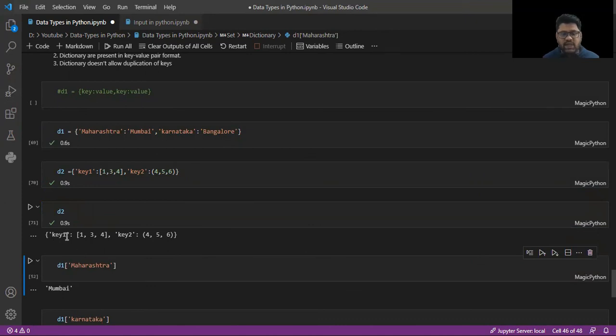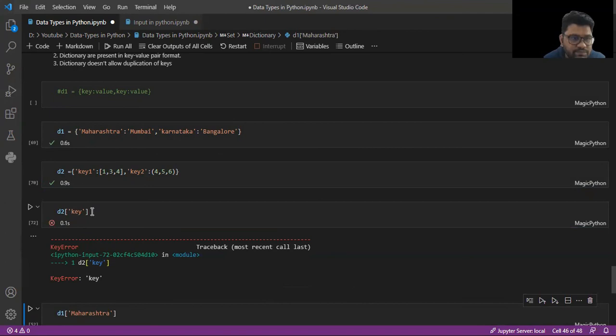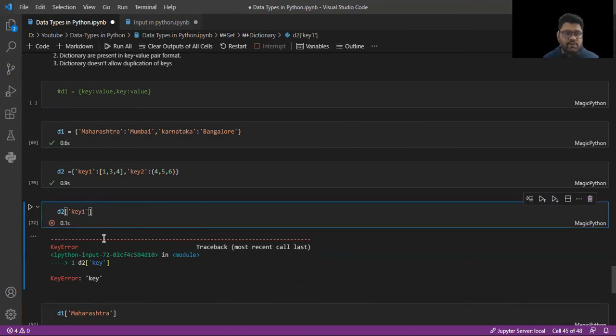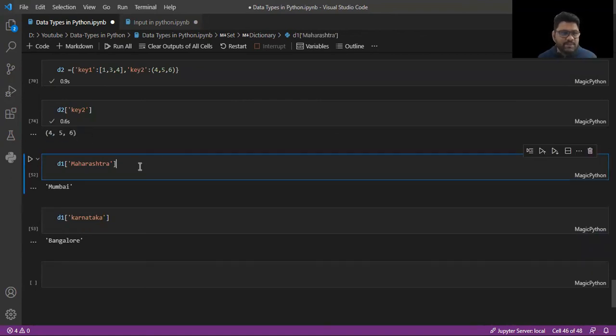Here you can see key 1 is the key for the list 1, 3, 4, and key 2 is the key for the set 4, 5, 6. If you want to print them individually, then D2 and here you give the key. So here you can see the 1, 3, 4 list is printed. Likewise, if you want to print the second key, you give key 2. Here you can retrieve the 4, 5, 6 as a set.